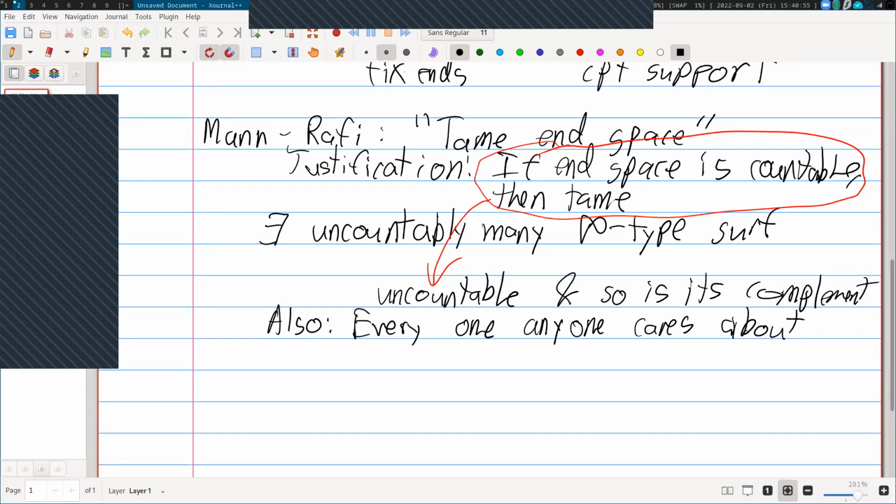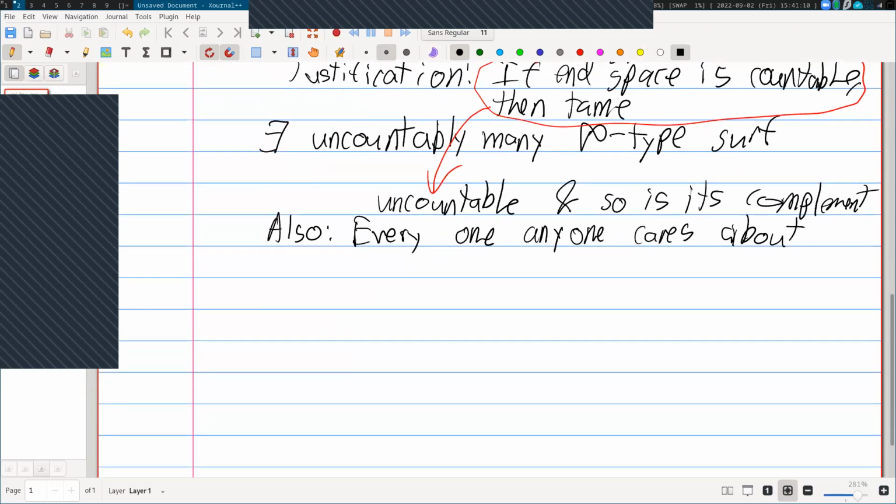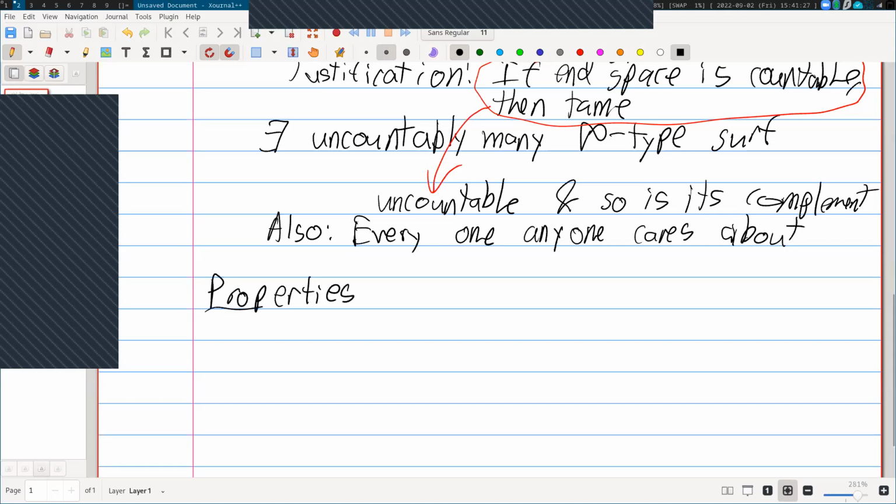And Hannah mentioned that people call this a mild condition. I've been guilty of calling it a technical condition, right? But what we really mean by that is we don't have a justification for it. It's necessary for these proofs, and we haven't figured out how common or uncommon it is. So I'm just going to mention a few other properties that we might want to know how common or uncommon they are, right? So from Mann and Rafi,